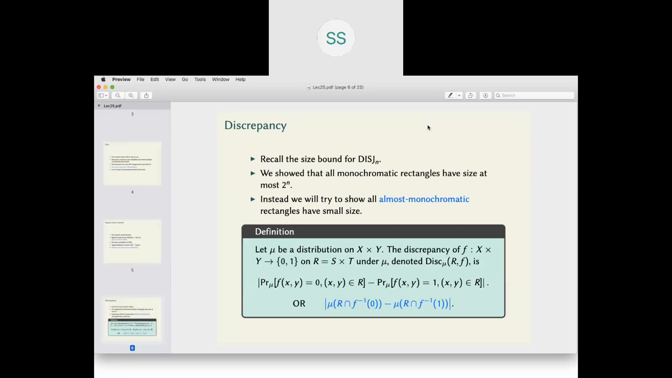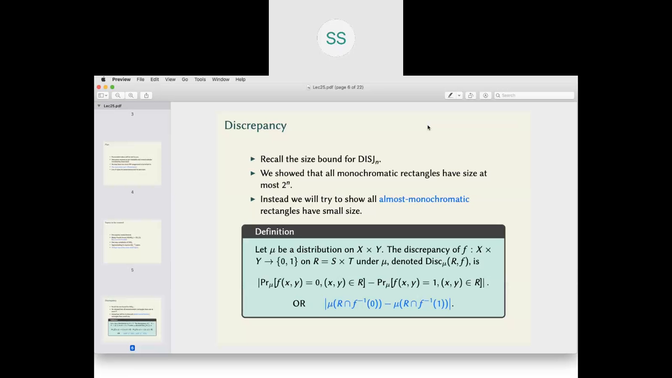That is, any one rectangle has size at most 2 power n, and we saw that there are exactly 3 power n 1 entries. So there has to be at least 3 by 2 power n 1 rectangles in any protocol. That gives you a linear bound on the deterministic communication complexity. Instead, discrepancy, what it does is it